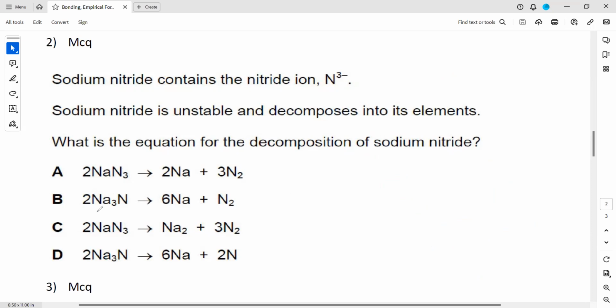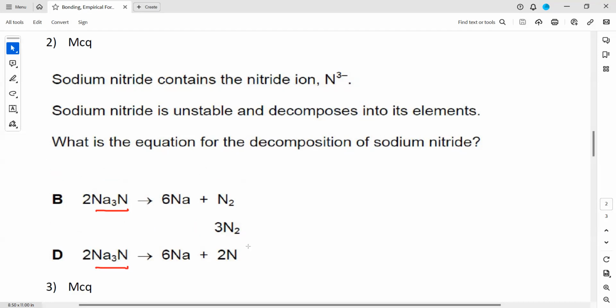So which is the correct formula? This one is Na3N and this is also Na3N. So either B or D can be the answer. The other two options are totally wrong, A is incorrect, and C is also incorrect. So we are left with B and D. Now,